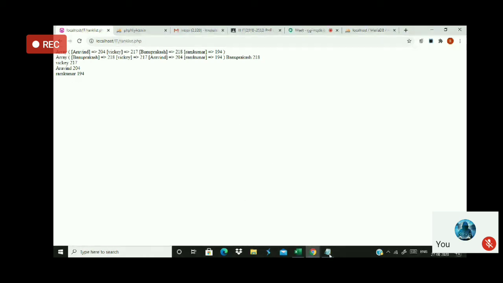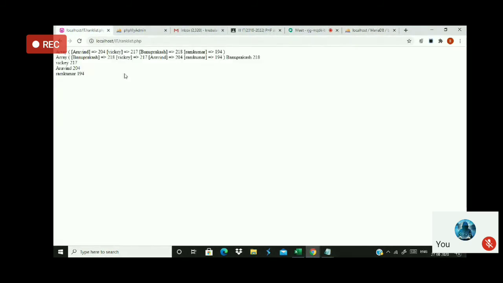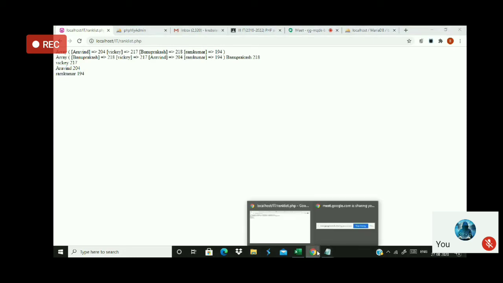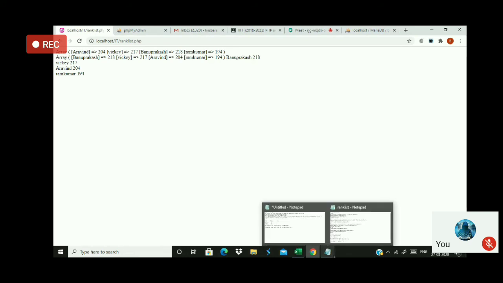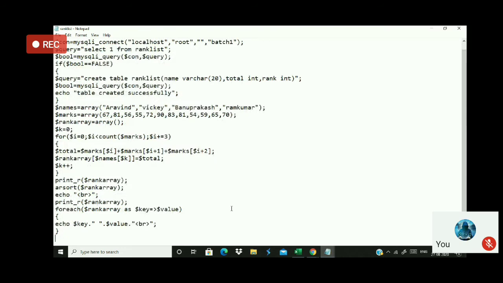Now I have to give the rank here. So what should I do? Okay, so you know that this is the first one. So this one is the second one. This is the third one and this is the fourth one. So very simple. What I have to do to generate the rank is very, very simple. You print in the order. So in whatever order you are trying to print, you create a rank value here.